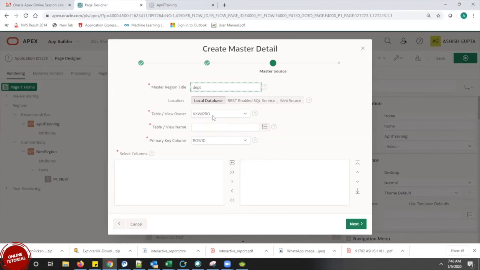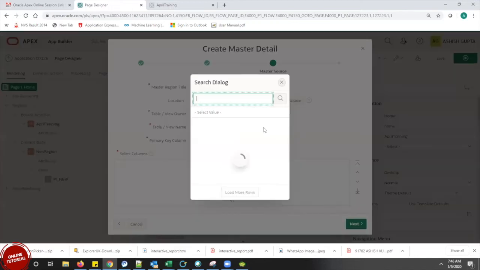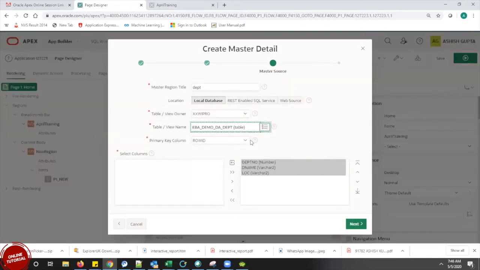From the database it has taken the schema and then the table name. In our database, as we have seen, we already have these tables DPT and EMP. So I am going to do it with this DPT and EMP. As master, I have selected DPT. For child, I am going to select the employee table.